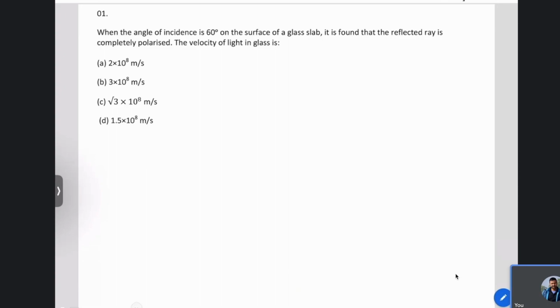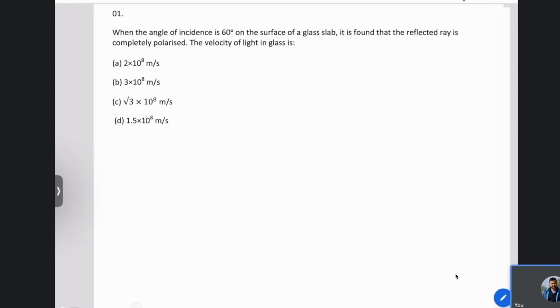When the angle of incidence is 60 degree on the surface of a glass slab, it is found that the reflected ray is completely polarized. Then it is asking the velocity of light in the glass. Okay,